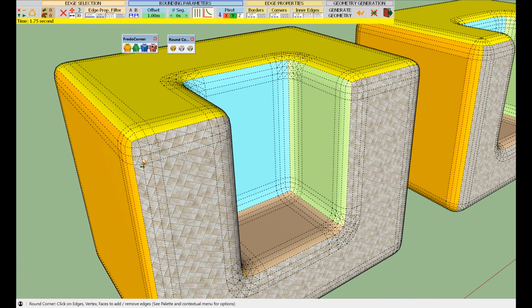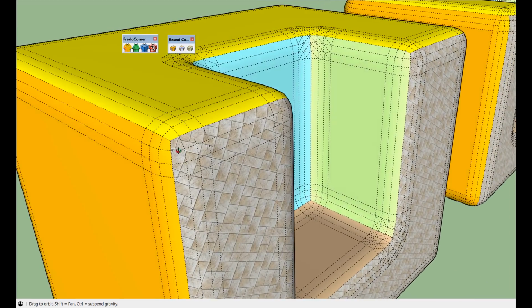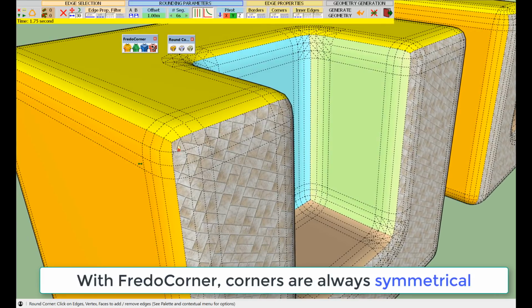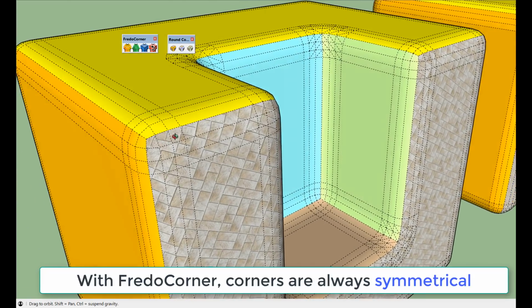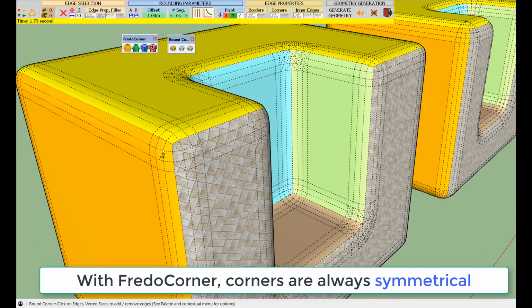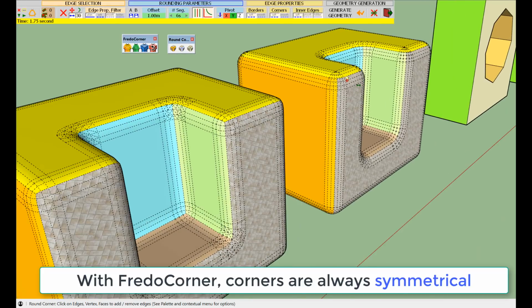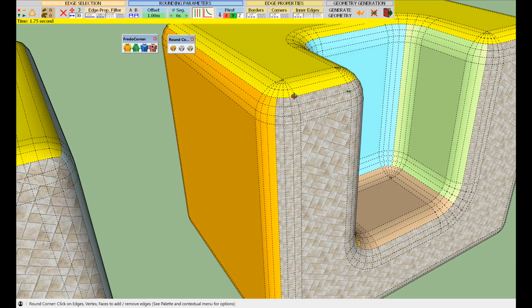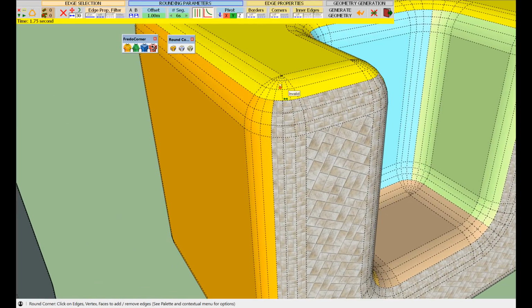The first thing you will notice is that in Fredo Corner, the corners are symmetrical. That is, they don't have a preferred orientation as opposed to Round Corner where corners were oriented. Here they were oriented towards the top.